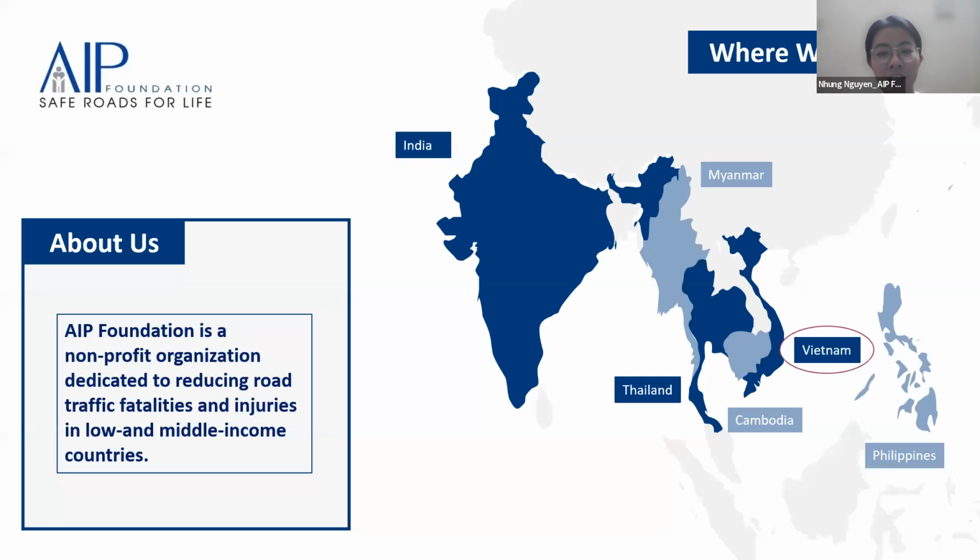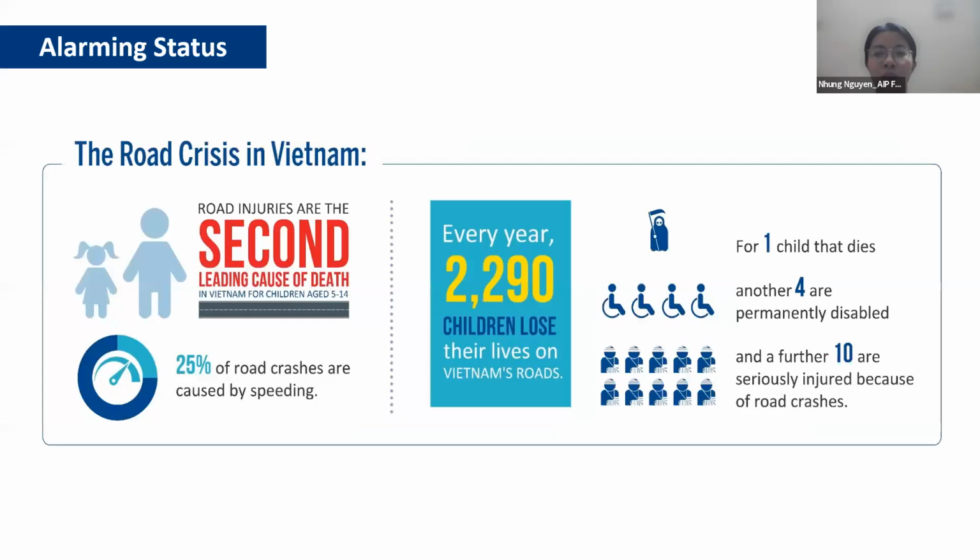Before that, I would like to give you a brief introduction about AIP Foundation. AIP Foundation is a non-profit organization dedicated to reducing road traffic fatalities and injuries in low and middle income countries. We have offices in Cambodia, Thailand, and Vietnam. And we also have some ongoing projects in India, the Philippines, and Myanmar. So going back to Vietnam,